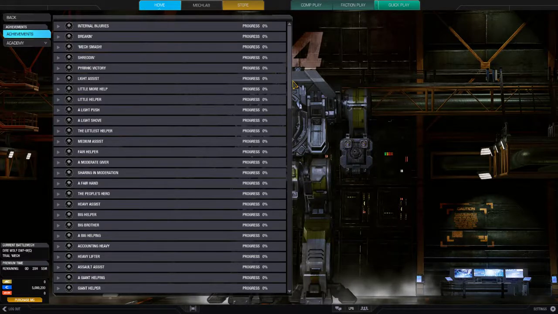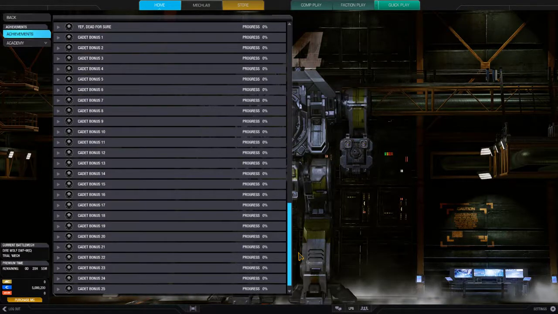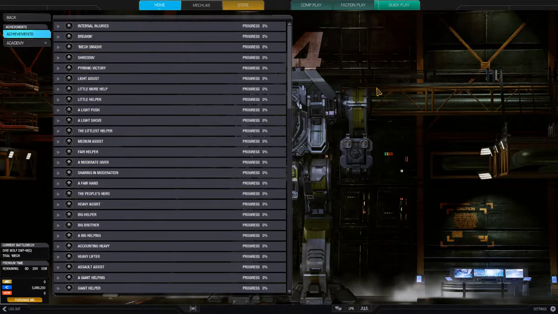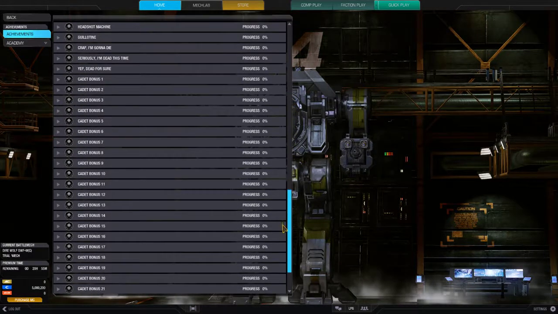MechWarrior Online has a vast amount of achievements available. A lot of them require an awful lot of progress throughout the game, especially for each one of the classes available to you: the light, medium, heavy, and assault classes. We'll get to them in more detail later. The most important achievements for you to pay attention to as a new player right now are at the bottom,